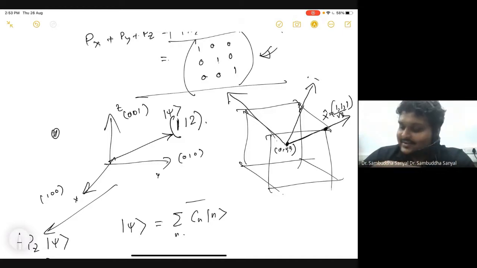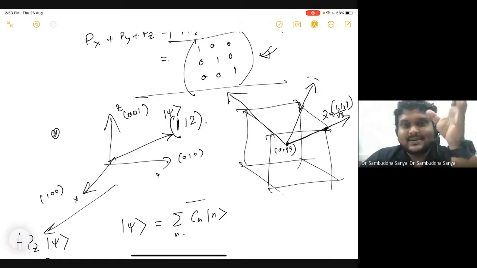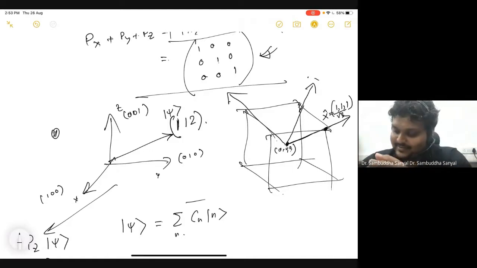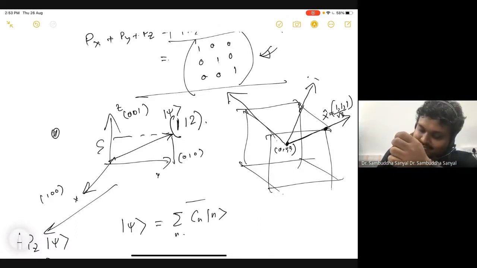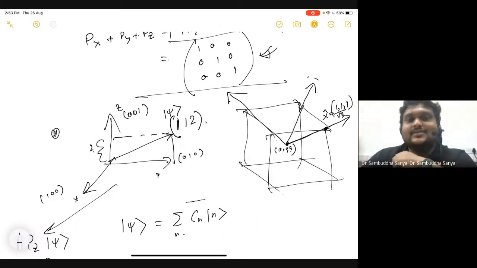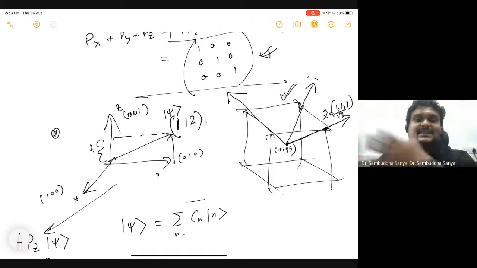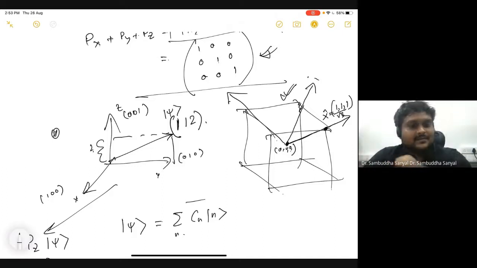Okay. Obviously you can see it is 1 1 2. If you project it on the z-axis, this is 2. You know that, but it is not so obvious in some other complicated context. Even in this context, it is not so obvious. Then imagine what will happen in some infinite dimensional Hilbert space. So this formalism gives us a machinery to do that kind of calculation. Okay, that is why we are learning. Everything makes sense so far?